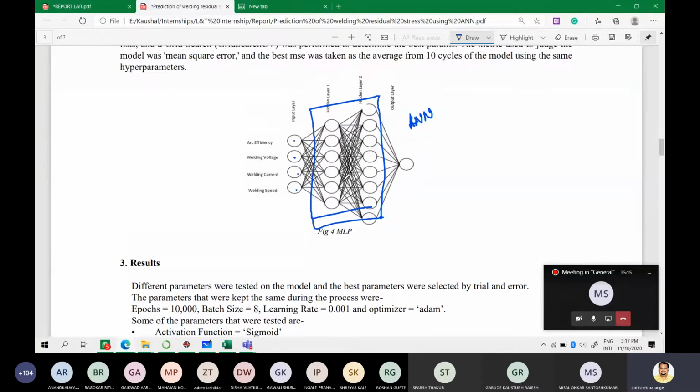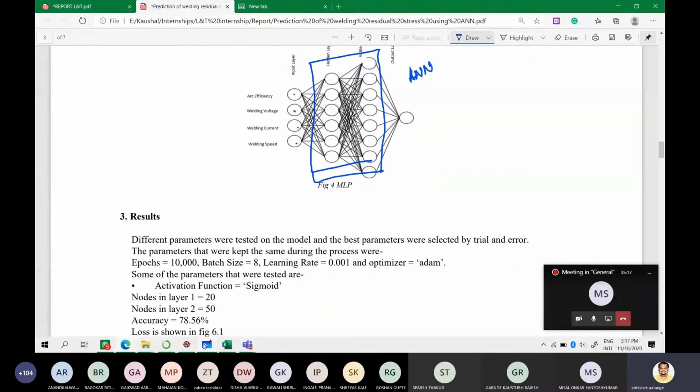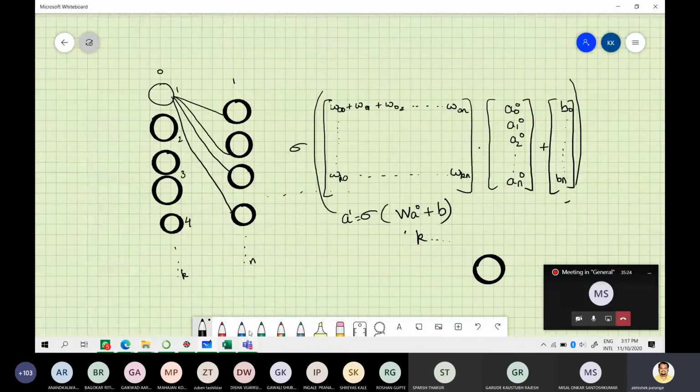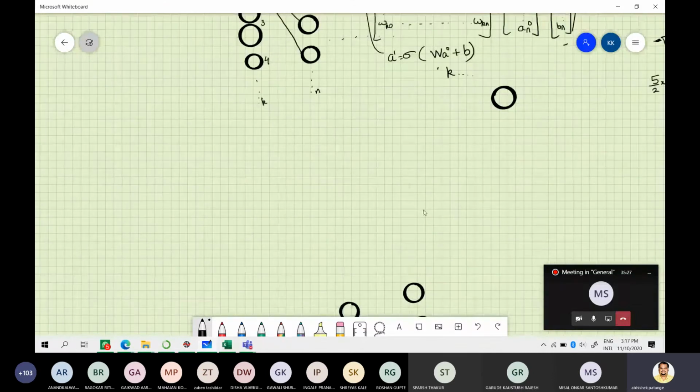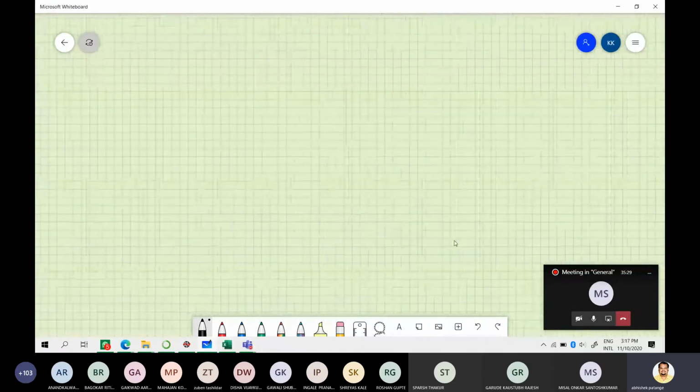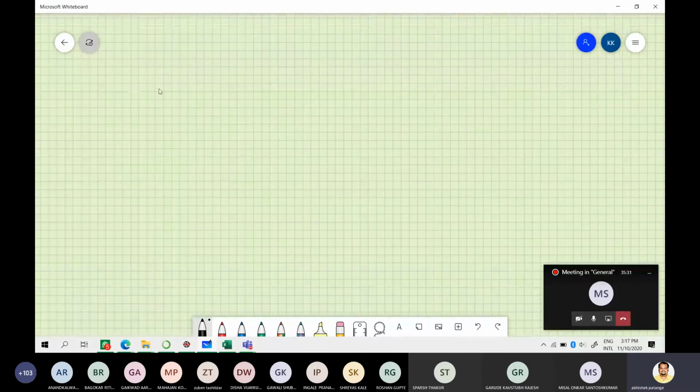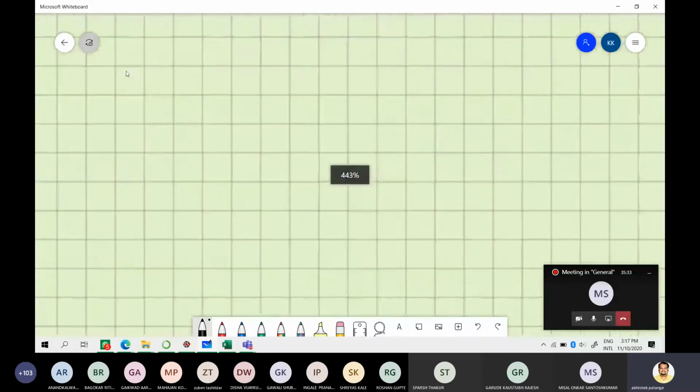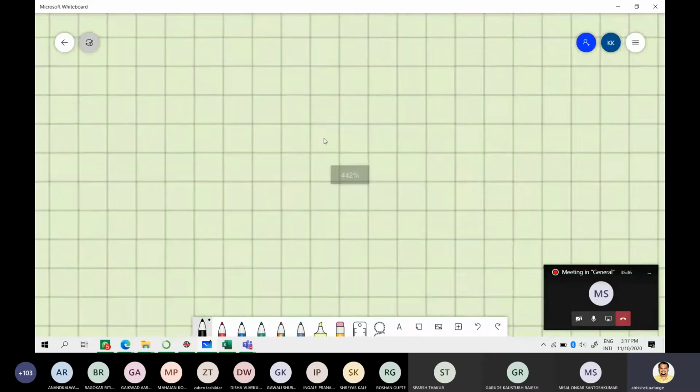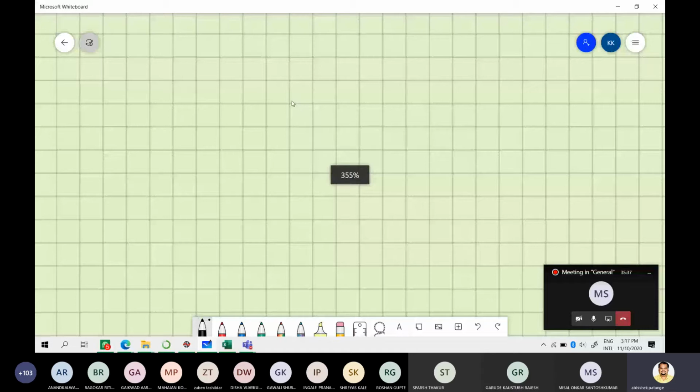But these hidden layers are where the magic happens. I'll just explain what the magic is. It is not magic. There are certain parameters that we have to look into. And once you know that, you can get into artificial neural networks. So there are basically 4-5 things, right? So the first thing, as I said, is the input nodes and the output nodes. So before you work on any problem, you have to define what your input parameters are and what you want out of it. So there are multiple things that you can do with it.